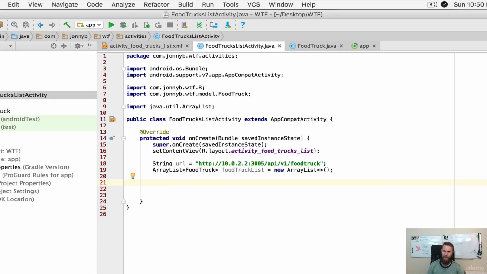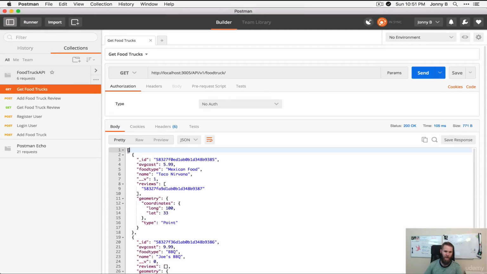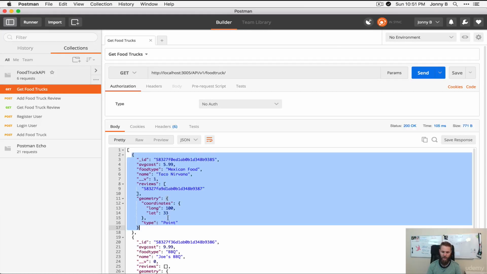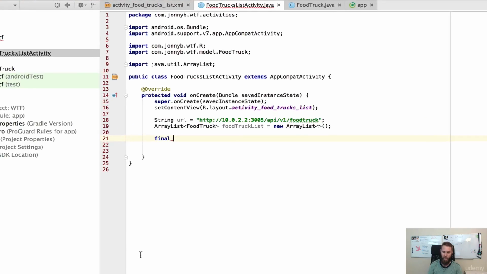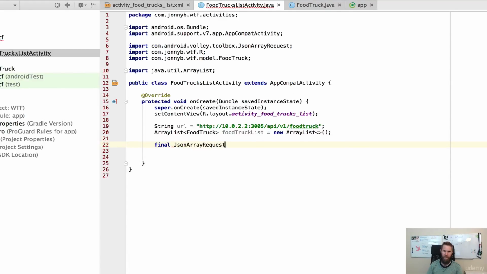So that's why we're using Volley, and it's a great library. So here we go. All we've got to do is say final JSON array request, because remember, if you check out our Postman, we have an array of JSON objects. So that's why we need to do a JSON array request. We're going to call this